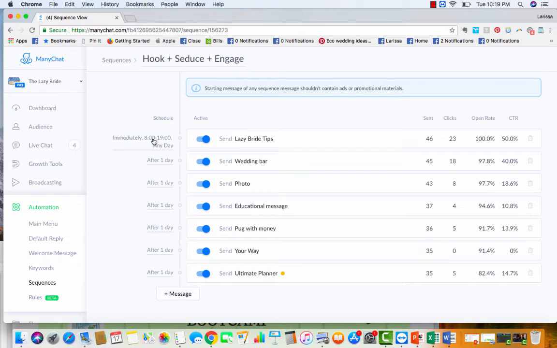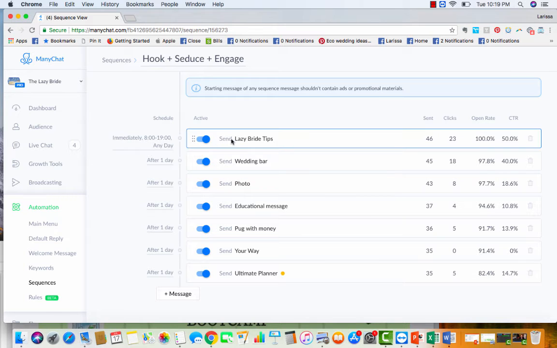It'll go like a couple of days before it fires, and then it'll be like minutes from one message to the next. All right, we don't want to do that. We want to try and keep this consistent. So I recommend for a drip sequence like this every 24 hours. All right, so they want to just be every day at the same time they're seeing your tip hit their messenger box. All right,